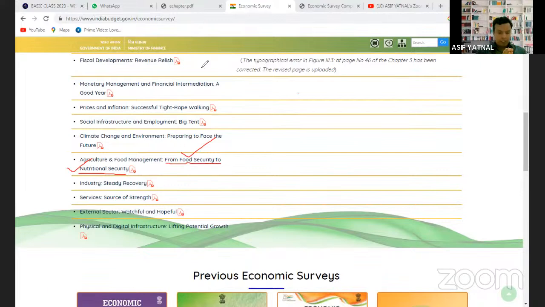Apart from carbohydrates, we are also trying to become secure with respect to other nutritional values, like protein, edible oil, as well as important vitamins which are not available in India, and we are trying to address those. So we are transitioning from food security to nutritional security. In this chapter, you will come to know how India is moving from food security to nutritional security. Clear? The question has already been asked in the mains exam, on how the nutritional transition is happening in India.